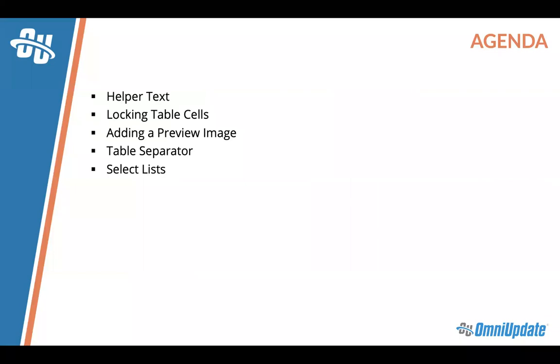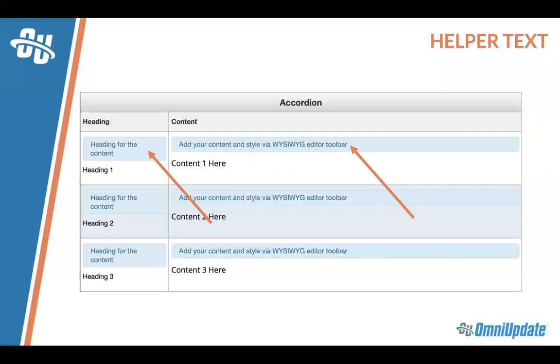So I'll give you an idea of each one of these, what they look like as we go through them, so you can get an idea of where we're going towards. And then I'll walk you through how to set it all up. So talking about helper text. When we're looking at a snippet, it's essentially this little bubble of instructional text. So it gives you the ability to tell your content editors exactly what they should be editing or adding or changing in each one of these sections here. These will probably be set up if you have a newer implementation from our Pro Services team, but if you ever want to customize or change some of the content, you'll be able to see where you can do that. So let me walk you through that.